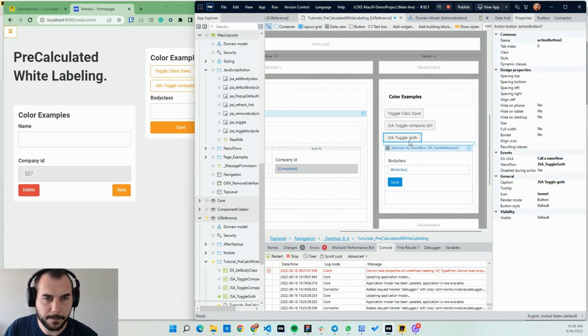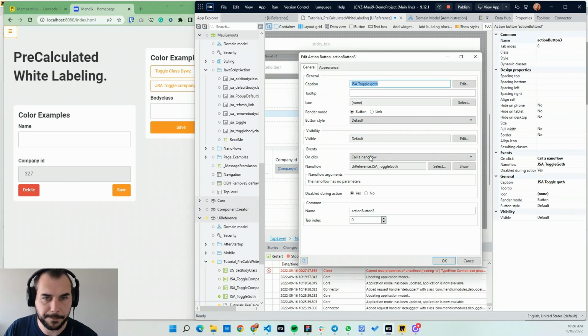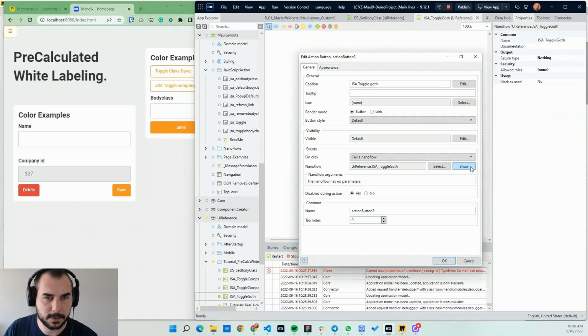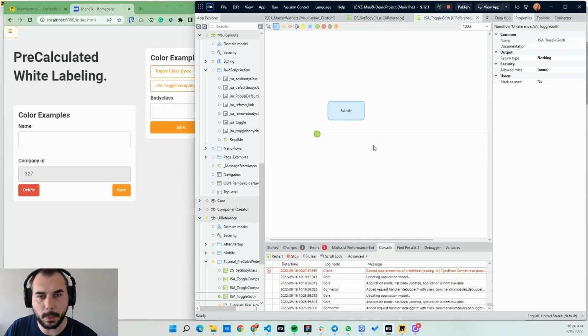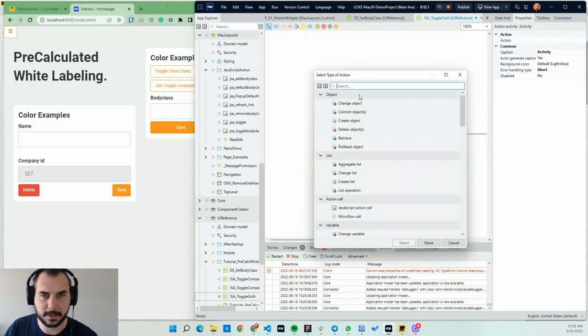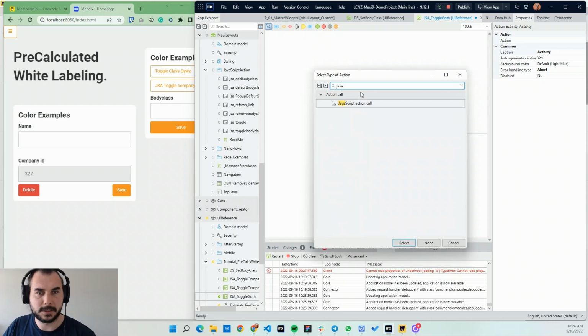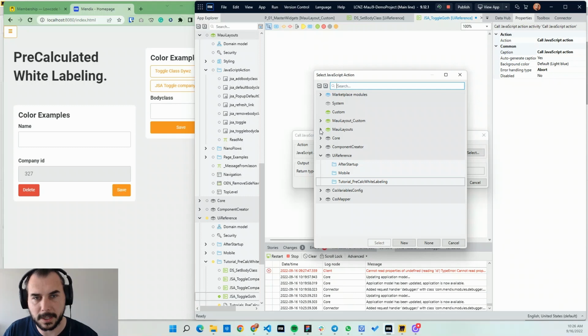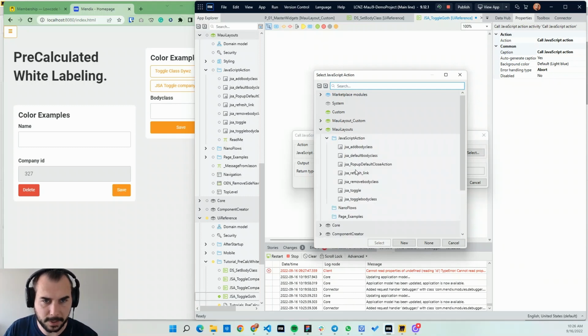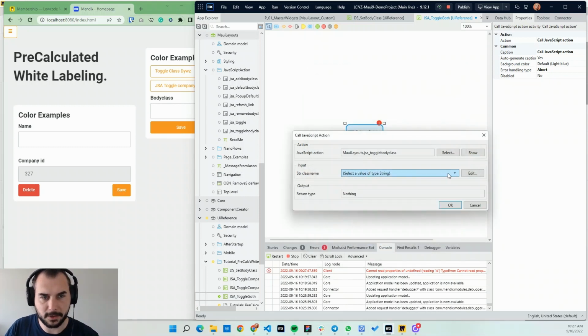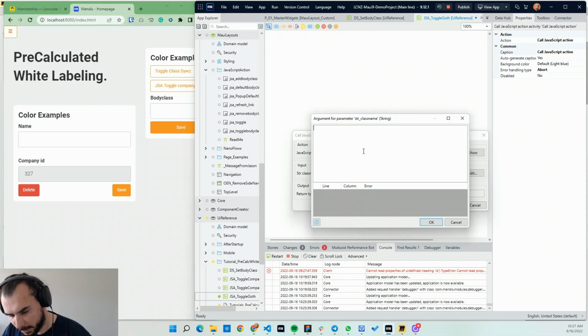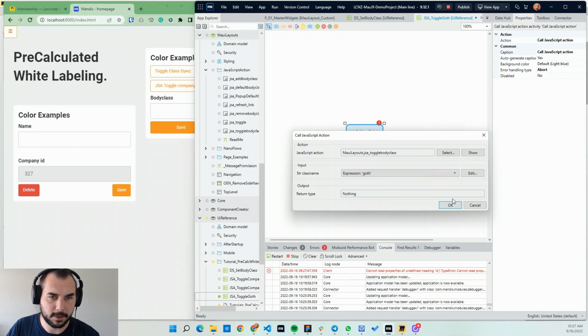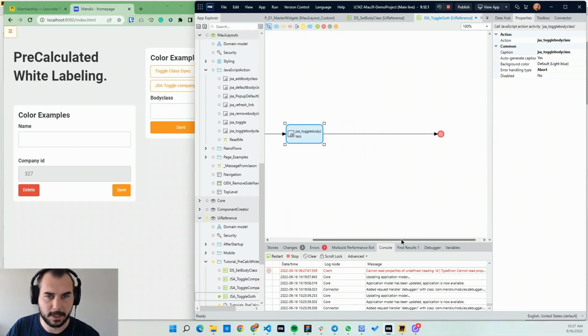So we add this, we can actually go into here, go into our action, and we want to add a JavaScript action, which is JavaScript call action, and the action that we want to call is actually one in the Maui layouts, JavaScript, and we want to toggle the body class. So we add this one, and then the string value is the class that we just made, called goth. Add that, return nothing, we can run it, it's nothing fancy,